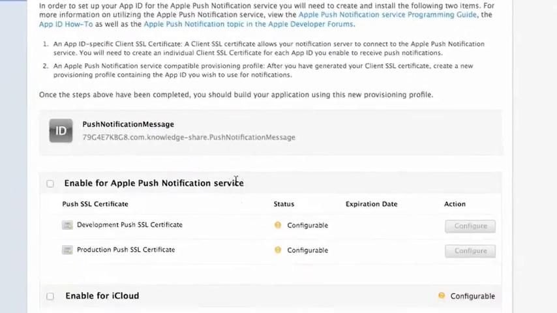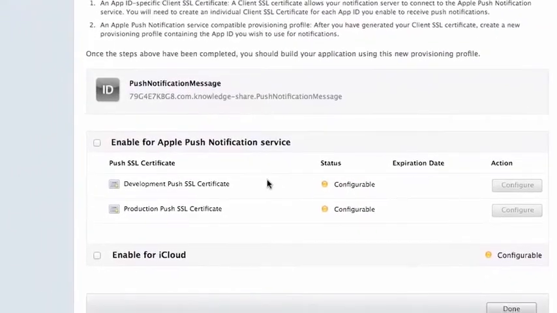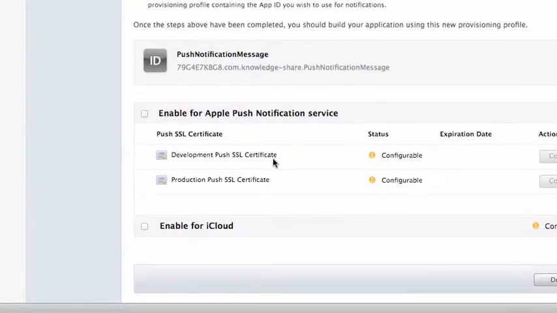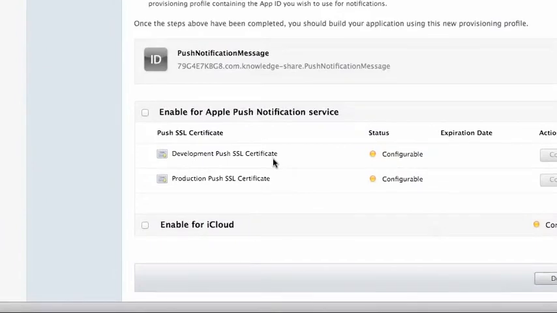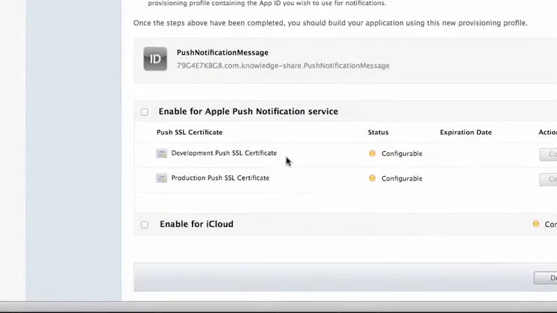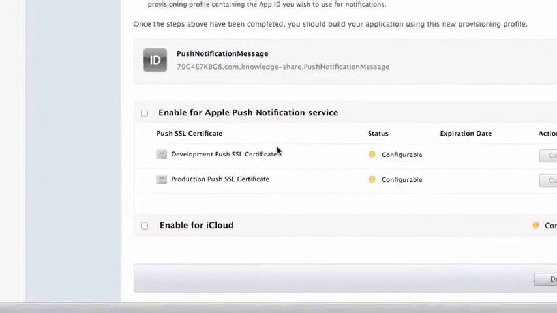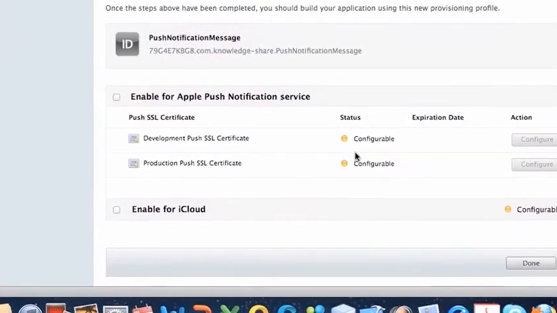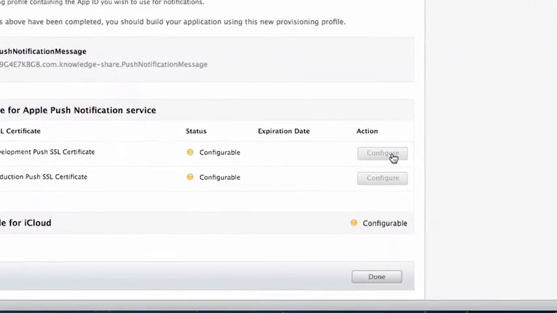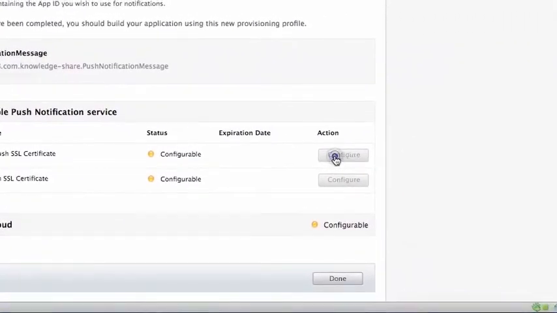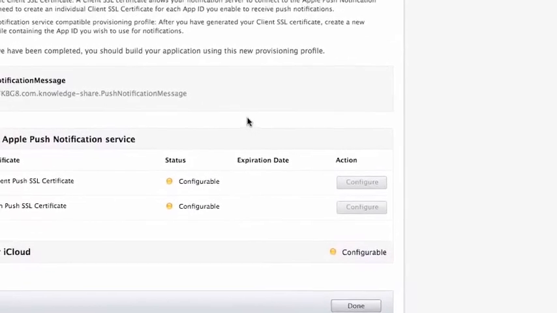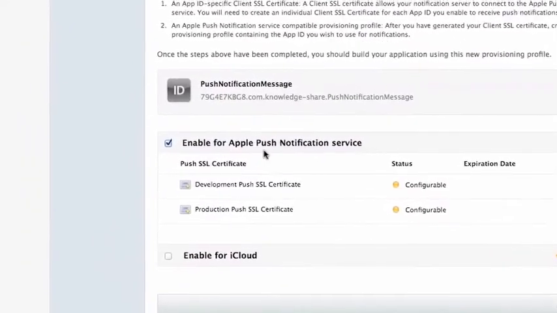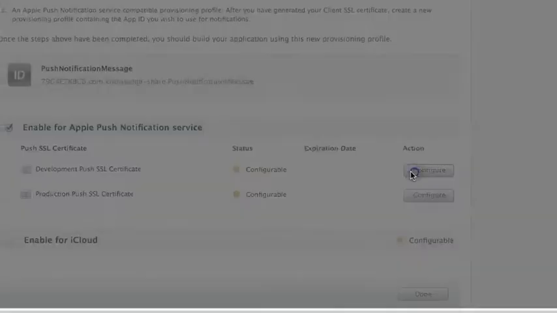And okay, and here you'll see there is a development SSL certificate and a production. When you're gonna publish your app, you should switch to production. Development certificate's only valid for 3 months, while production certificates are valid for a year. So we're gonna do it on development. So click on configure. Click on enable for Apple push notification service. Click configure,